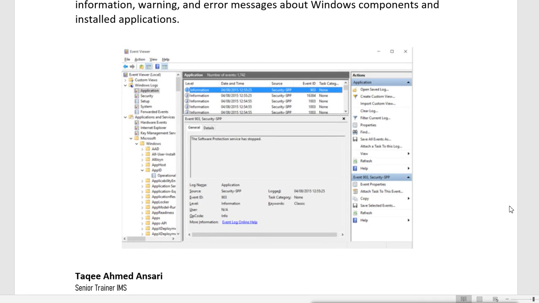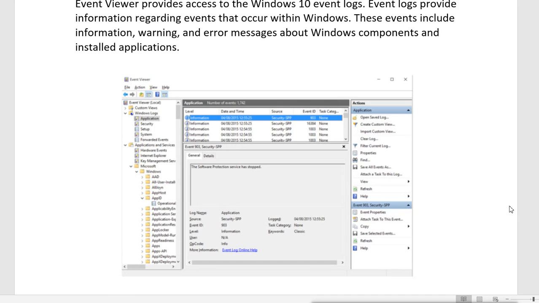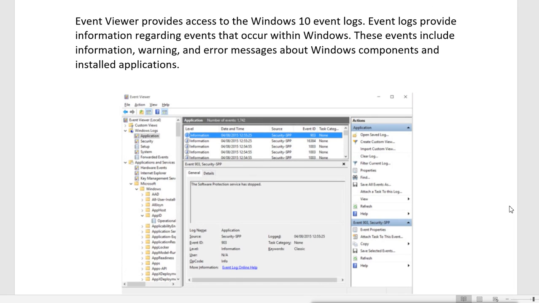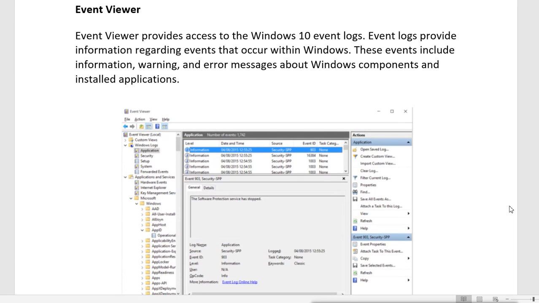So when you are having any problem in your system, then you should first check the Event Viewer, whether we have any extra information there or not. Whatever happens in your system, you will get a log for that. Log for the application, log for the system and other things. So whenever your system is having a problem, you can go to Event Viewer and check the events related to that problem.